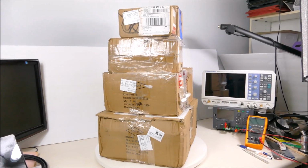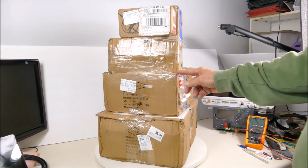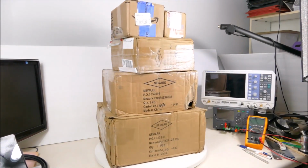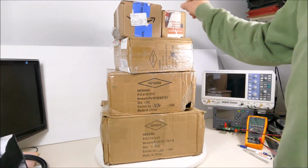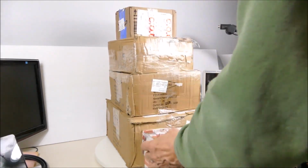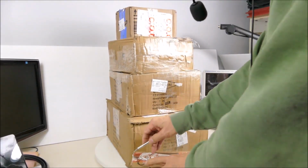Today I got a mountain of packages, looks like from Element 14. A couple of days early for my birthday, but it's great. I'm just gonna have to find out what all of this stuff is. Okay, so